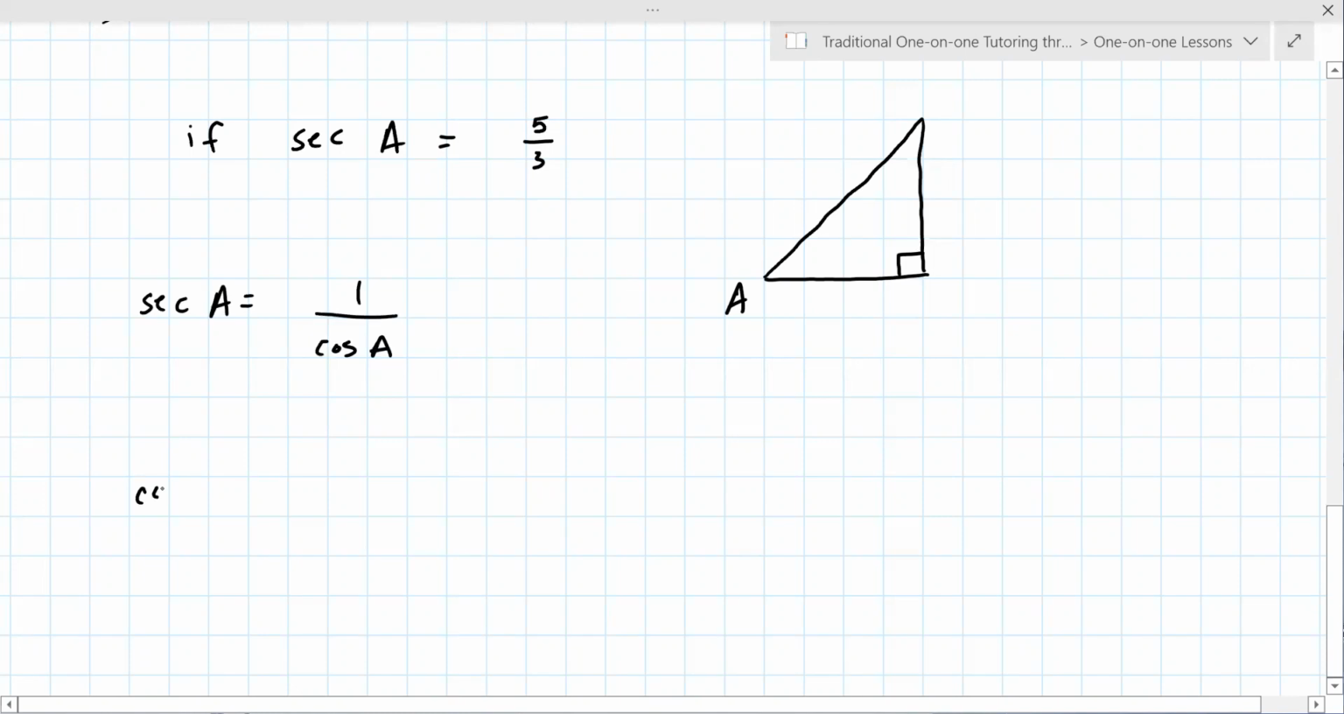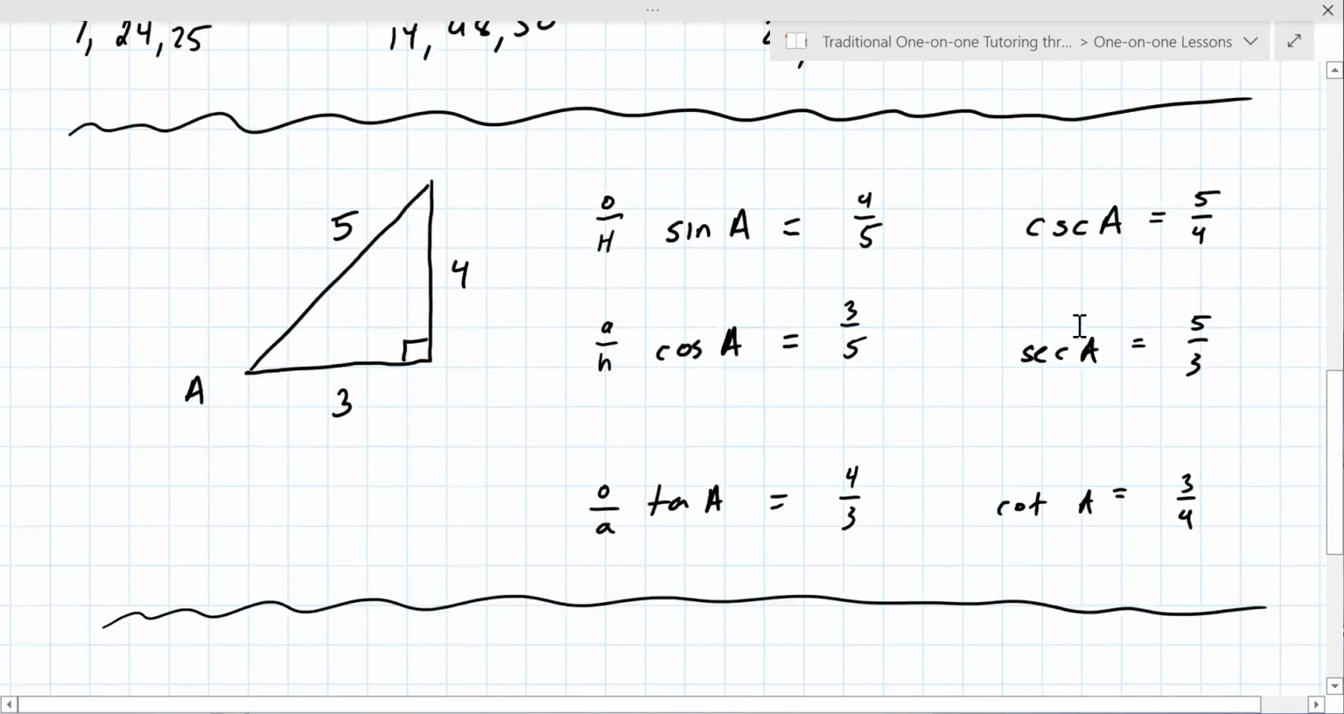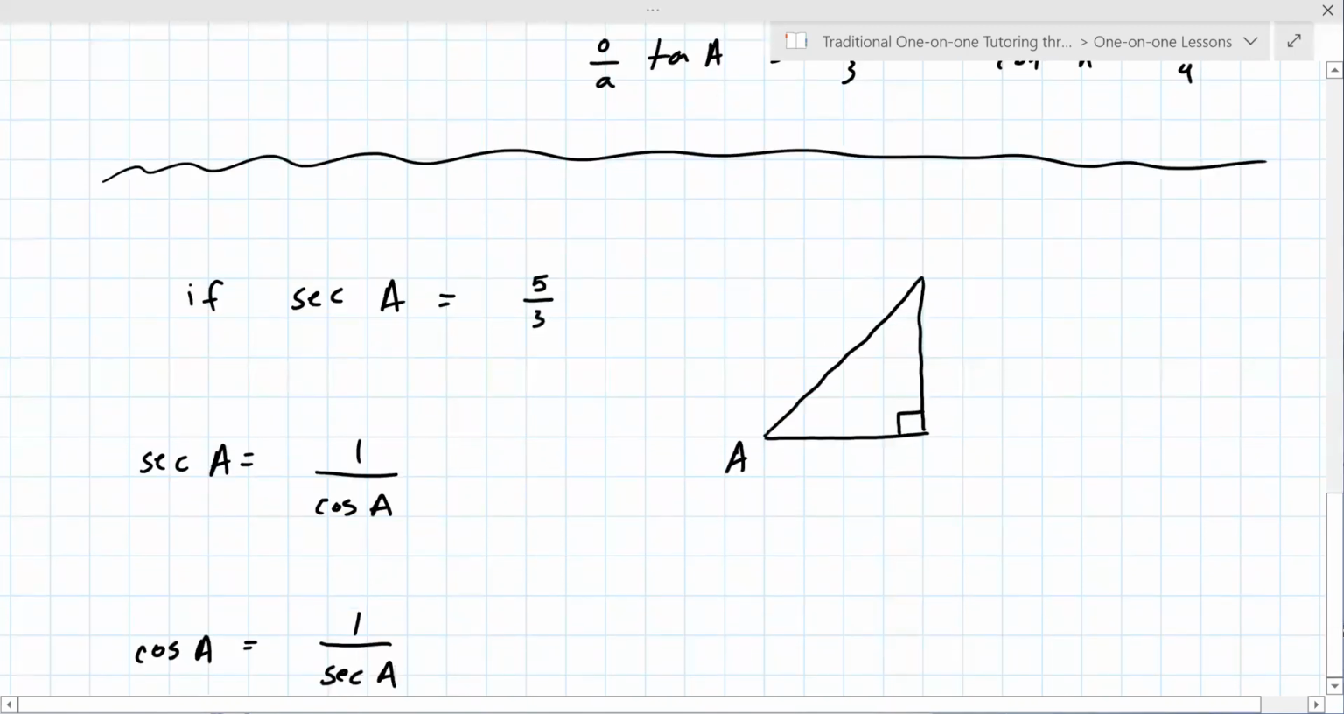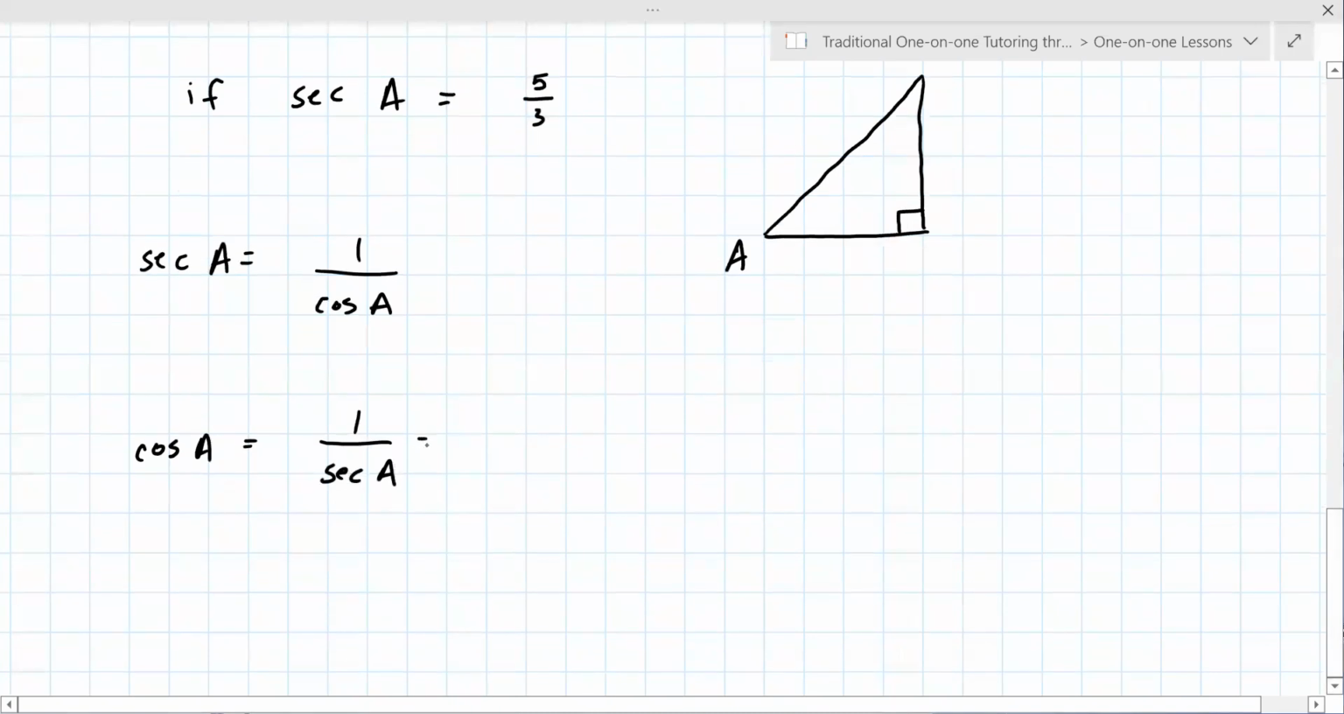Or, more probably the way most students think about this, one over secant is cosine. These are exactly the same, just written slightly differently. Just like I showed you up here, let me scroll back up. If cosine is 3/5, secant is 5/3, you just flip it. So cosine is 1 over 5/3, and we talked about fraction stuff, so that's 3/5. So cosine is 3/5. So when you look at this triangle here,